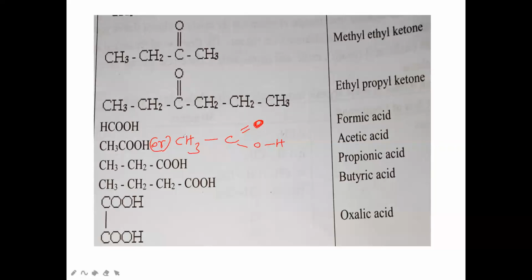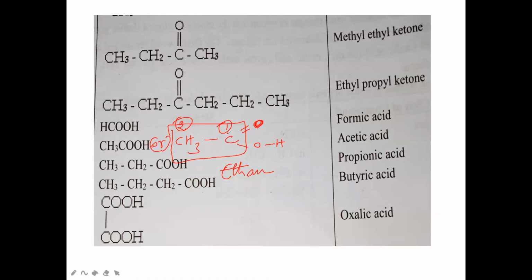So in this case, how many carbon atoms are in the parent chain? Check it. There are totally 2 carbon atoms. So 2 carbon atoms indicates eth. And between the carbons, is any double bond there? No. Single bond is there. Single bond indicates an. And what is the secondary suffix of the COOH group? It is oic acid. Anyhow, number 1 should be given to COOH only. The CH3 should be number 2 carbon. We cannot say number 1 CH3, number 2 COOH. Always the COOH carbon should get the first position. So we have given first position to COOH, second position to this one.